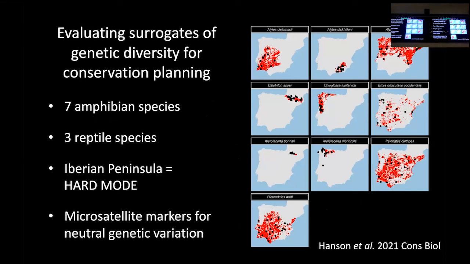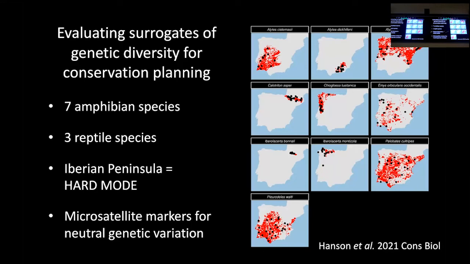The Iberian Peninsula is totally different. This is a place that has had a very complicated climatic history, where you have populations expanding and retreating during repeating cycles of glacial expansion. And what that means is, genetically, everything's all over the place. It's like a mosaic. And you don't get these nice, clear ideas like isolation by distance, where things that are further apart are just more different from each other.